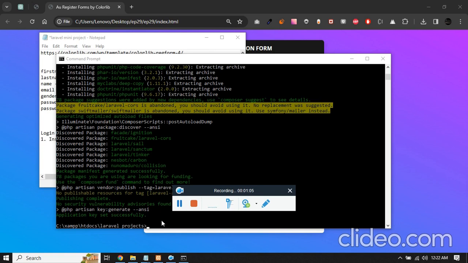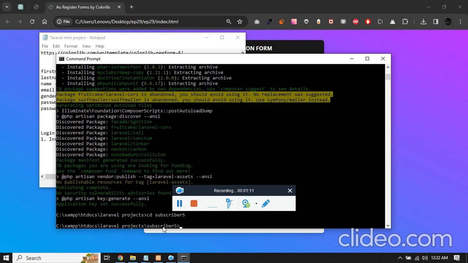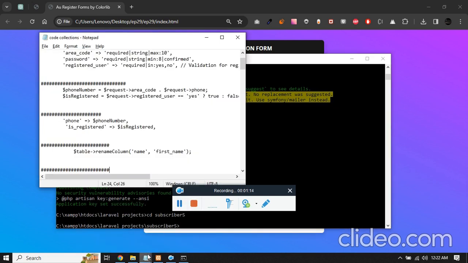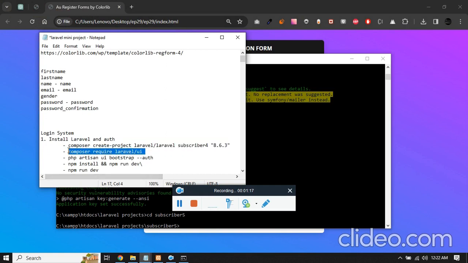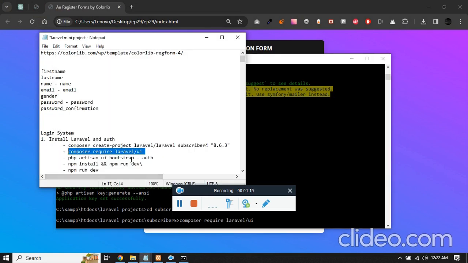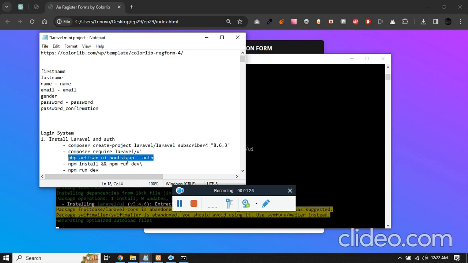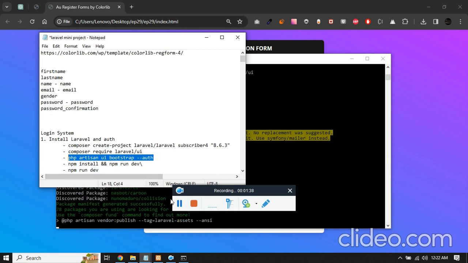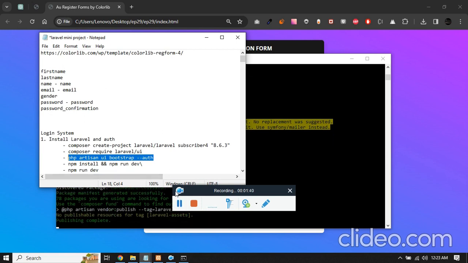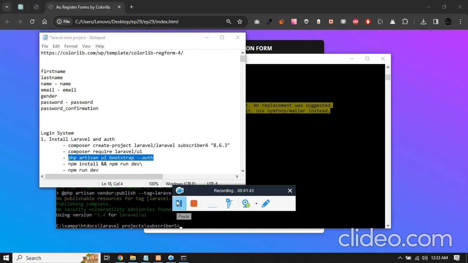Now we have to get into the subscriber folder. cd subscriber 5 is the latest folder that we have created, and inside that we have to install one more package, which is the Laravel UI package, and after the Laravel UI package you have to install the Laravel authentication. It's necessary for a login logout system. That's the reason we are installing this Laravel auth. Once you create auth, you will see in the resources a folder called auth created, and inside that auth folder we'll have our login and register pages. Now let's install the auth,